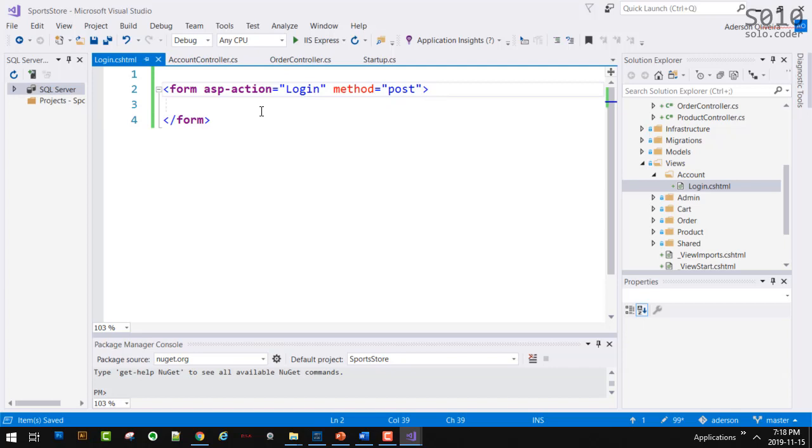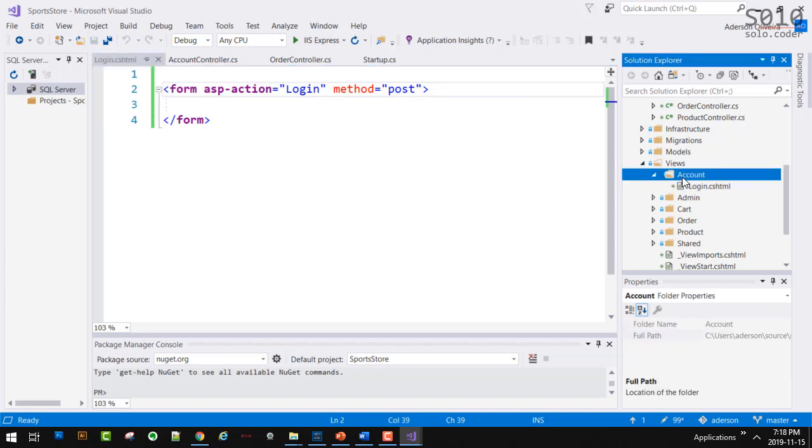Do we have to add the controller here, the name of the controller? Is it mandatory? No. It's not, because we are in the account folder. Without the controller, it will post to a login action that is assumed to be in the account controller.